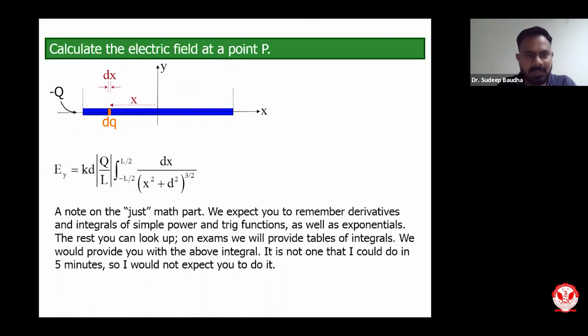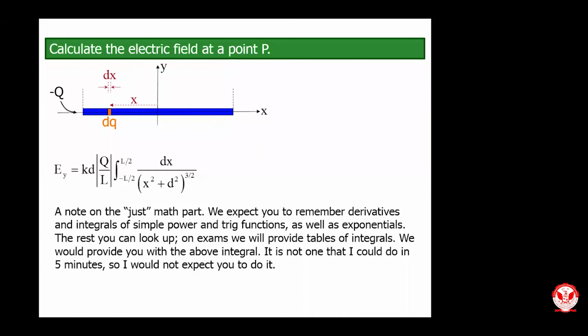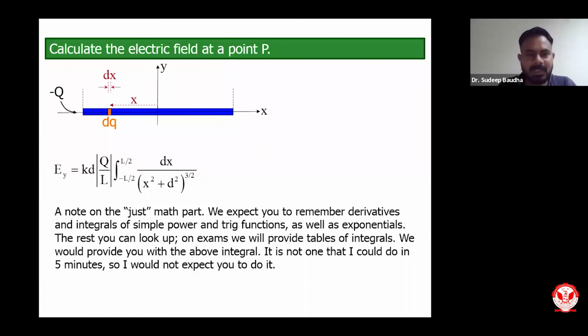Now let us analyze it. If instead of having a rod which has a length L, I have an infinite rod, then what will change in this equation? Instead of having a simple rod which has a length L, if I change the concept that I have an infinite rod, then what will change over here? I want some comments. Okay. So the thing is, right now we are talking about the rod which is finite and its length is L, right? If it is infinite, then what will change in this?